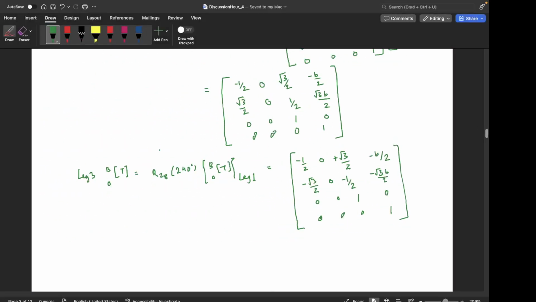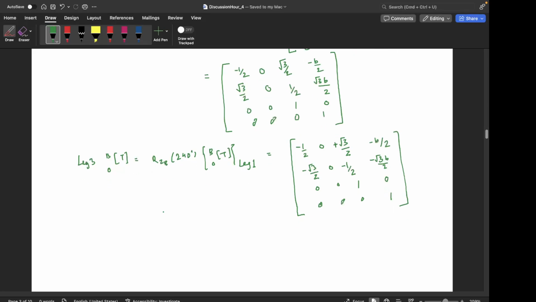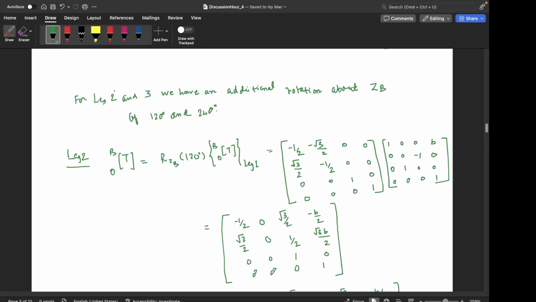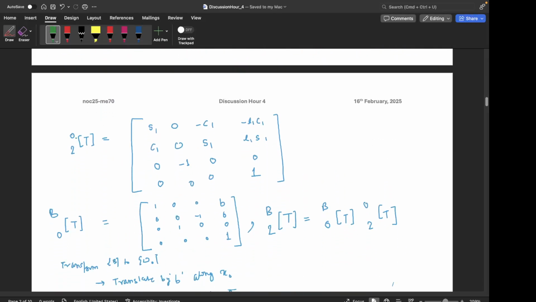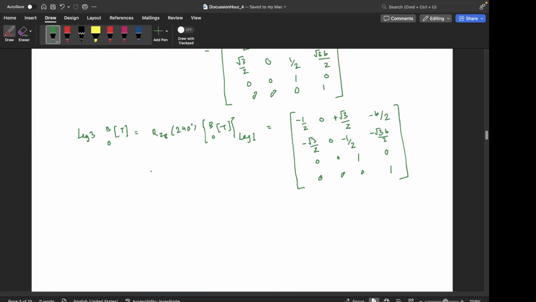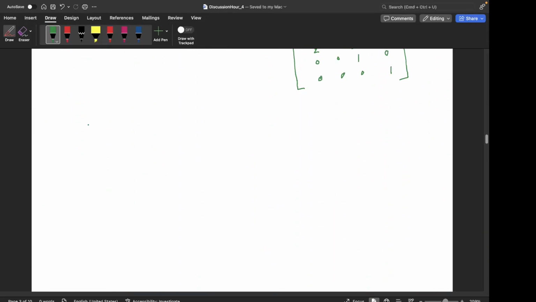So now we have the transformation for the other legs also. Okay, and if you multiply these transformations from 0 to B with the transformation that is the same for all three, that is this one, 0 to 2, right? So finally what you will get, by multiplying the individual B to 2 with this for leg 2 and 3,